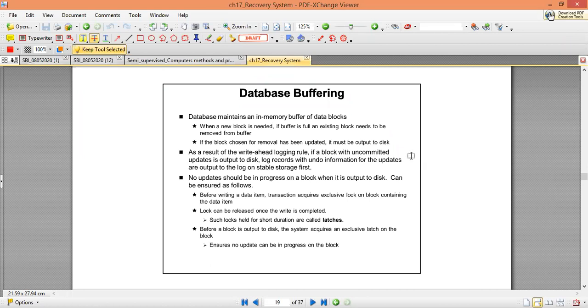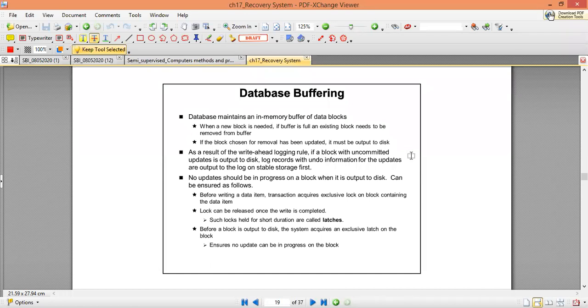The new log record is going to be created in the same memory space where the previous block was, and therefore the old log records having the uncommitted transactions need to be copied first into the stable storage to avoid the loss of data. Is it clear? Otherwise, if you do not keep a copy in the stable storage, the previous uncommitted transaction data present in the temporary storage of the log record will be lost.